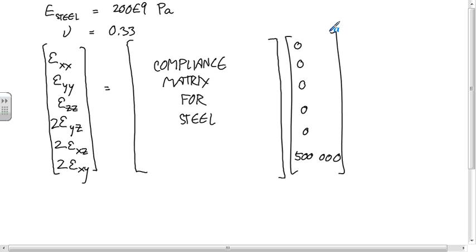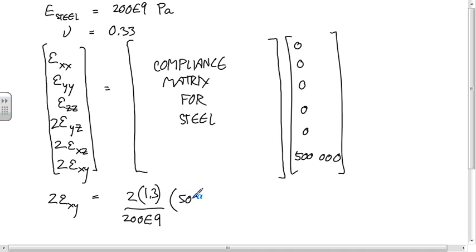For isotropic materials, the way this matrix works, the stiffness and the compliance matrix both, if you're only dealing with shears, you just have the shear strain is equal to some constant times the shear stress, because you only have that one non-zero component for that row. And so this ends up telling us that 2 EXY is equal to 2 times 1.3. This is just all coming from the form of the compliance matrix, divided by 200 times 10 to the 9th